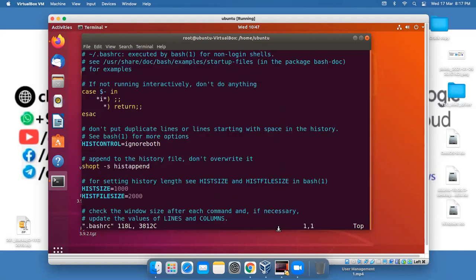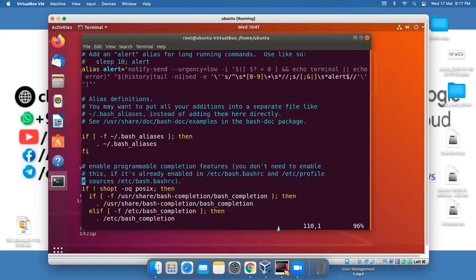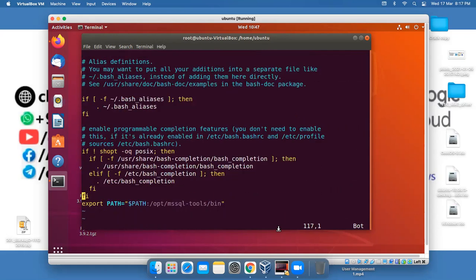Hit enter. You can enter any umask value on any line. I'm going to enter umask here, pressing i for insert, and the value is 000.